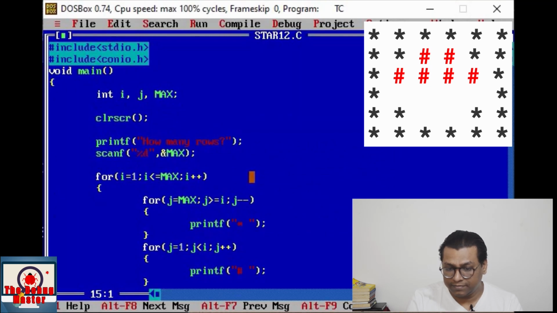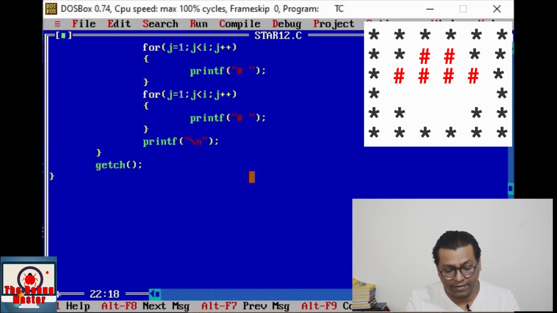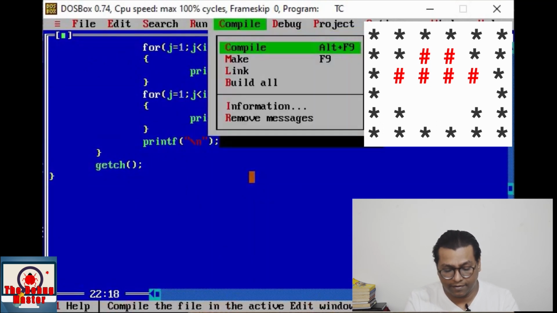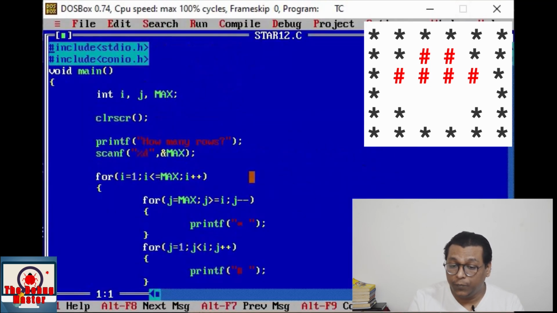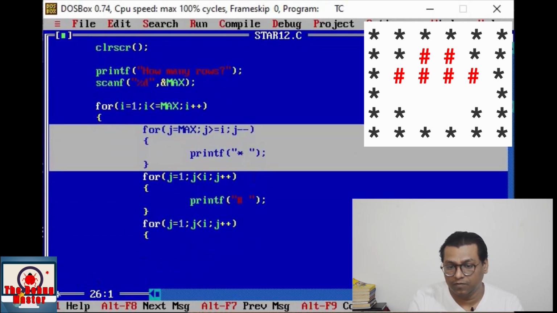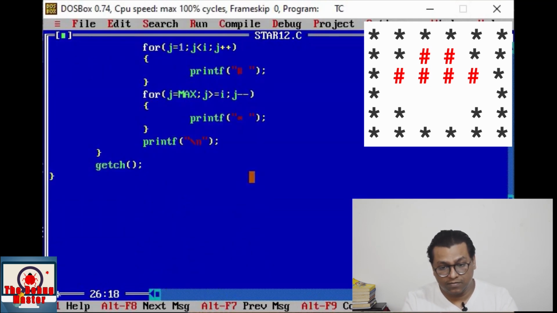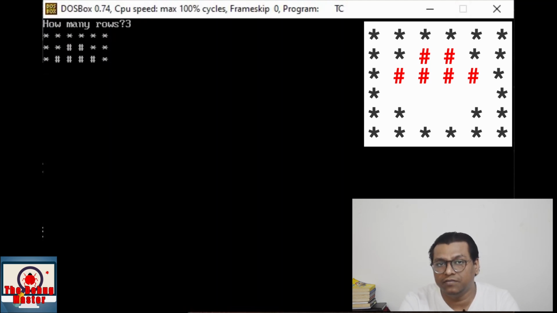Now to print the second part, simply copy the same for loop over here, just compile and run, right? And to print the last part, again simply copy the exact same star pattern over here, right? Save it and run. See friends, this pattern we have already learned in previous parts. If you have missed previous parts, then I recommend you to watch those first, then you will understand this in a better way.